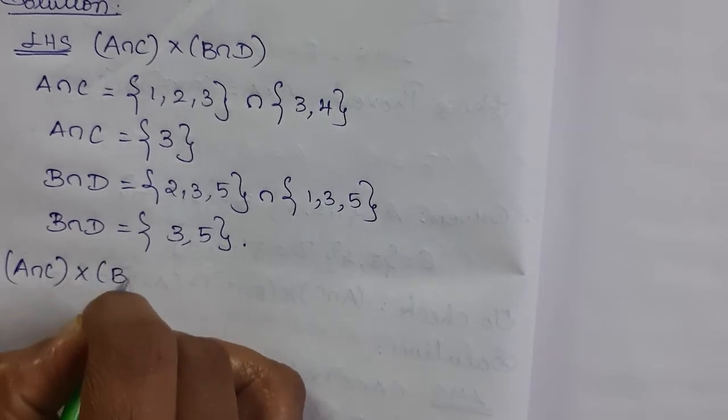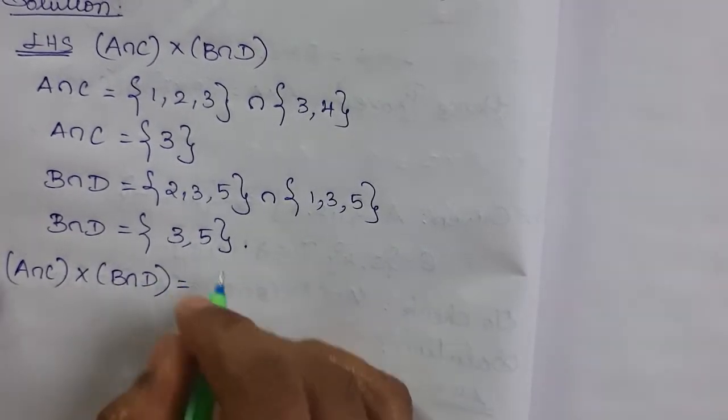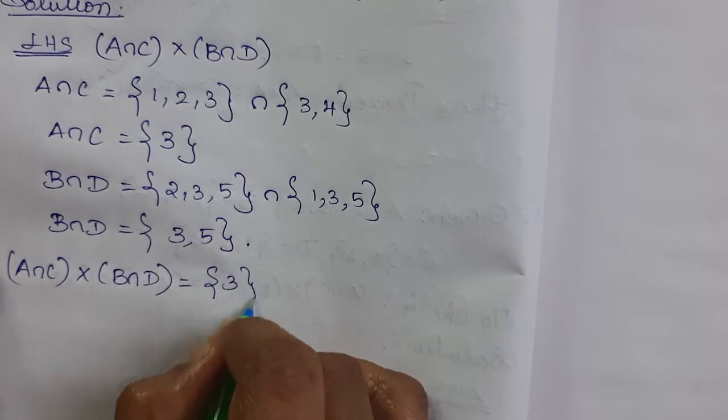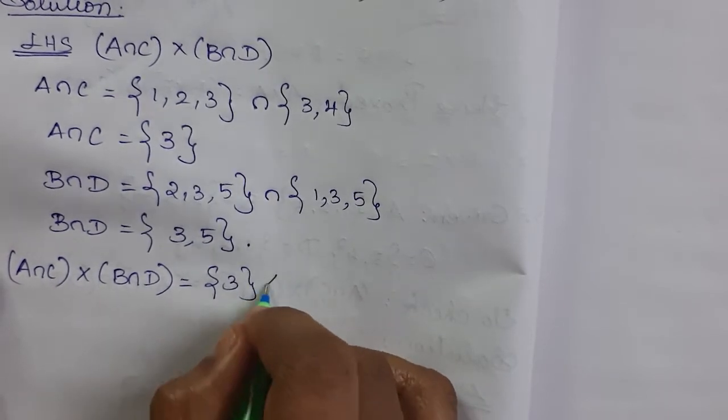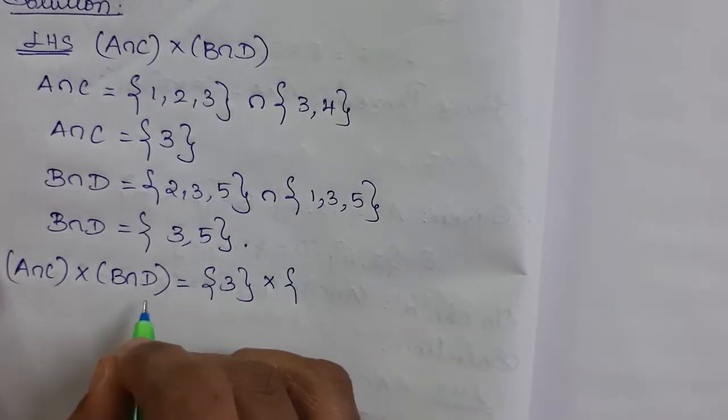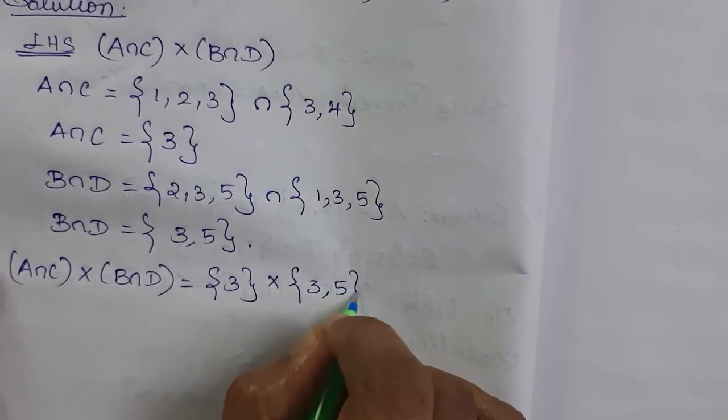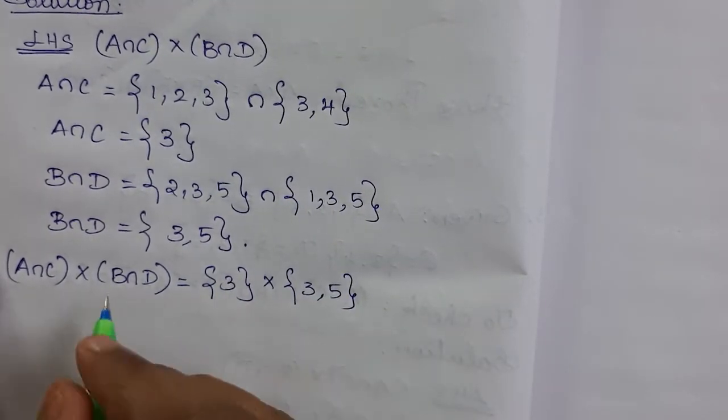cross B intersection D. What is A intersection C? It is nothing but just element 3 alone. Cross B intersection D is {3, 5}. Now we have to write the cross product. So